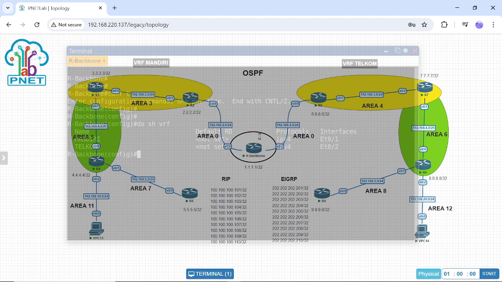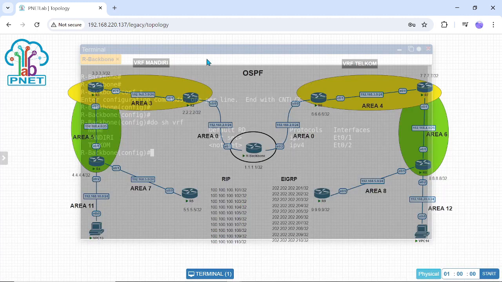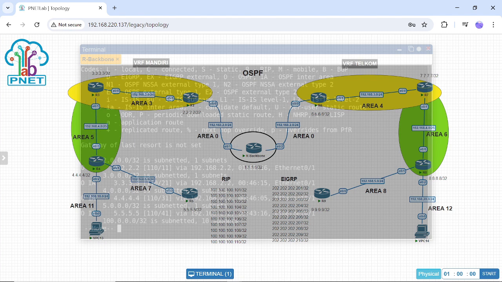I think that's all for VRF Mandiri. If you want to check the IP routing for VRF Mandiri, we need to enter the command do show IP route VRF Mandiri. This name must be the same as what we made before.